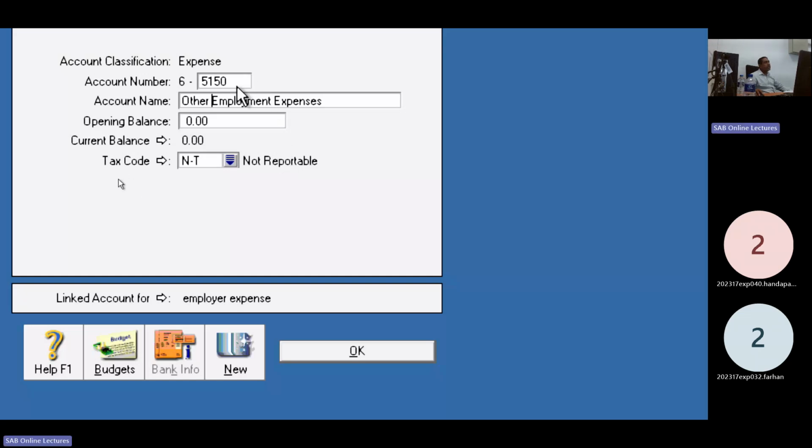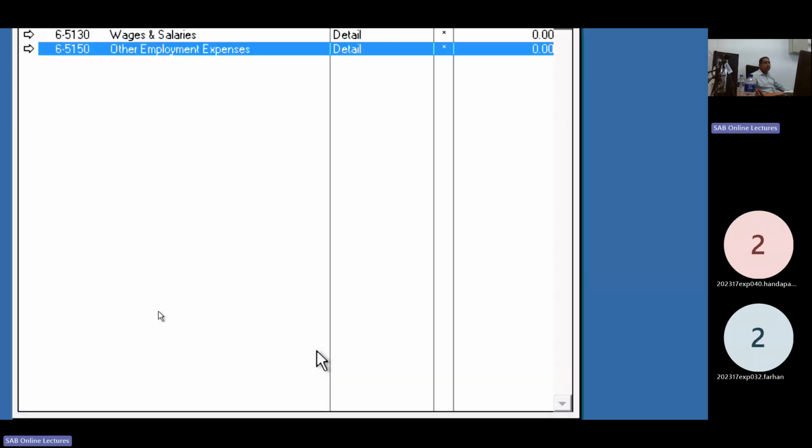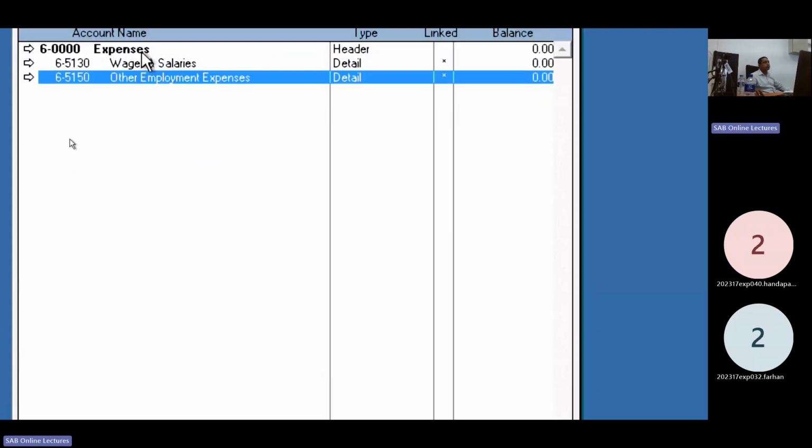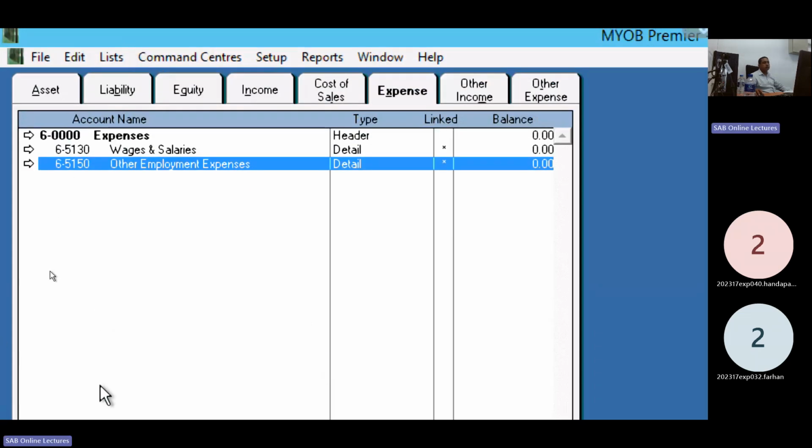Only I edit a few details here, account ID, and add the other employment expense. Link account: carefully you handle the link account. Okay. Turn to page number 1.